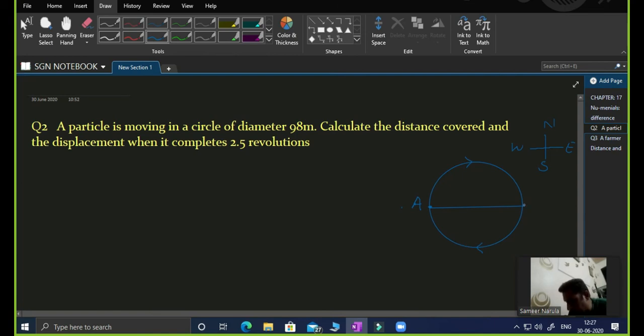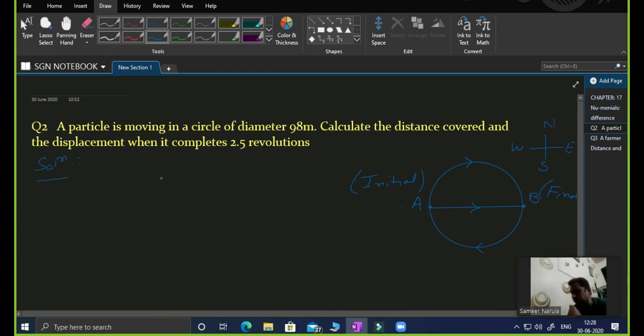Now this would be the final position. That should be called the final position, for example B. So in that situation, we just make it very clear here. This is the initial and this is the final one. This is the final one, and it moves in the direction of it. Now we come to the solution of this question.